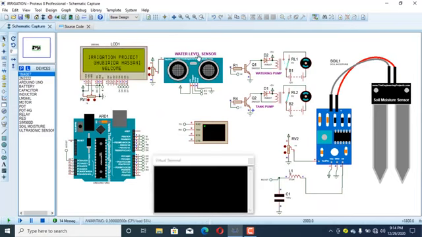To simulate the ultrasonic sensor, I'm just using this potentiometer to change the readings of the ultrasonic sensor, and also to change the readings of this soil moisture sensor, I'm using this potentiometer over here. Right,